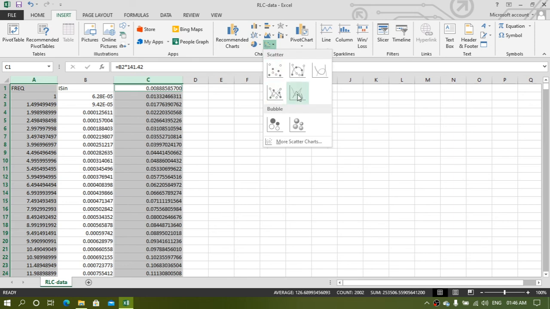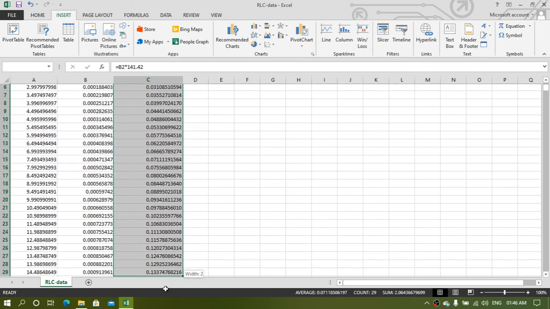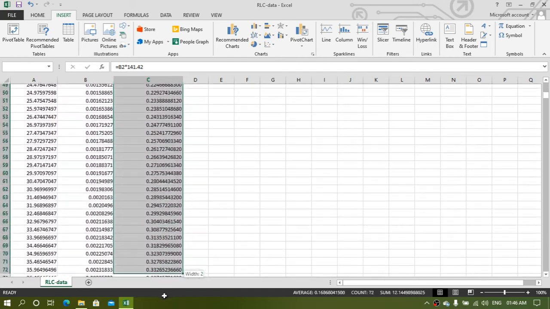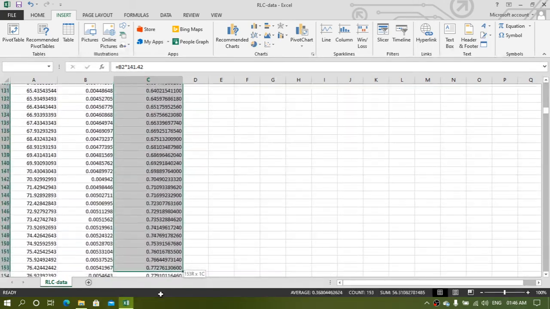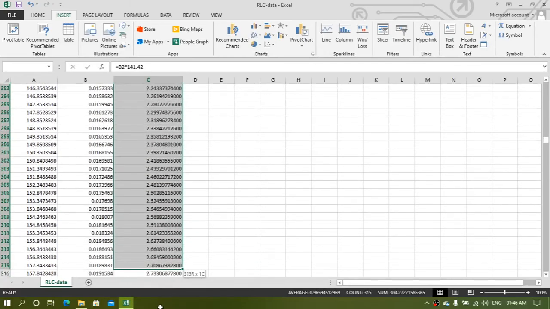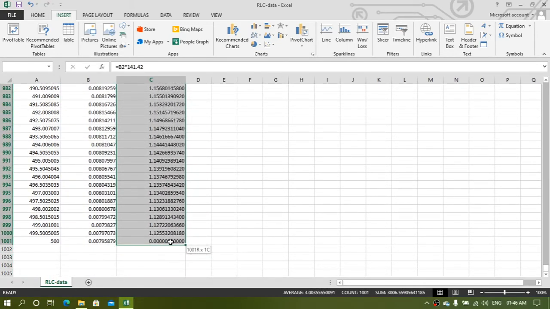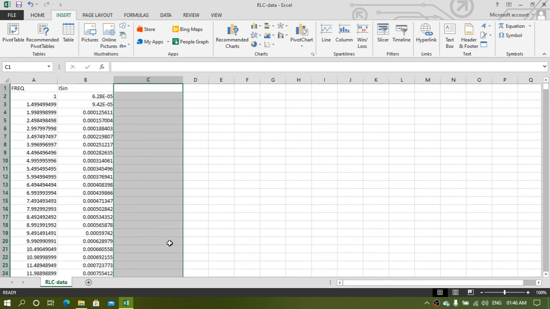This option you will select here. One thing we did wrong, we also included the axis name row accidentally, so we will have to erase all the data again and put it again.